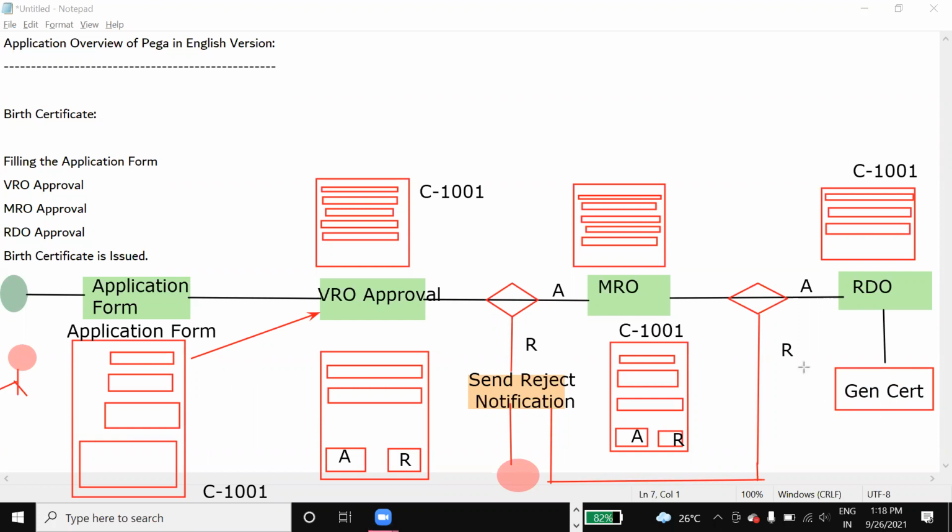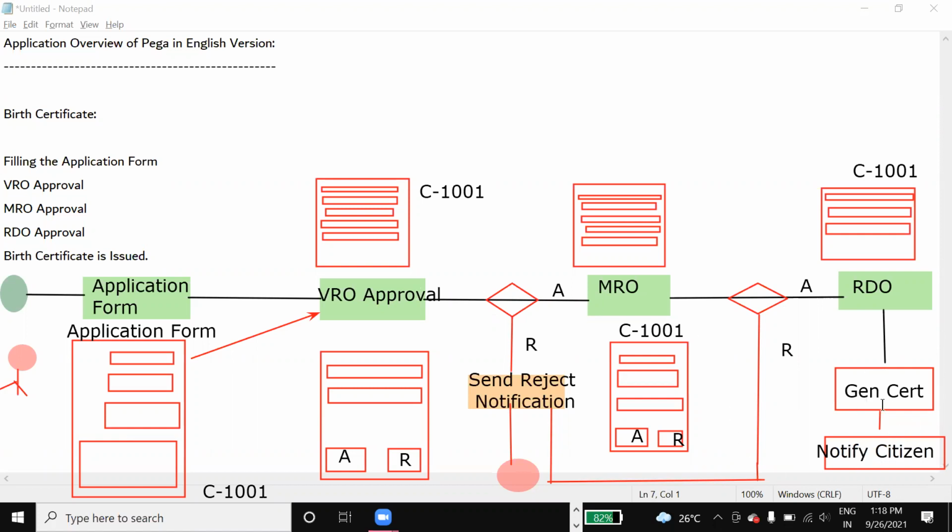Once the certificate is generated, it will be sent as a notification to the citizen. We have to notify the citizen saying your application has been submitted and your certificate is now generated. Please download it from the portal.